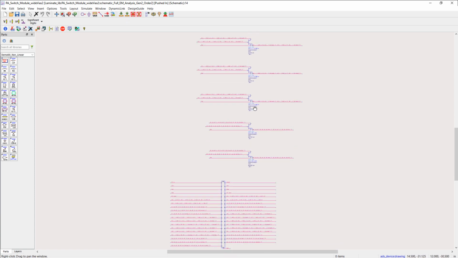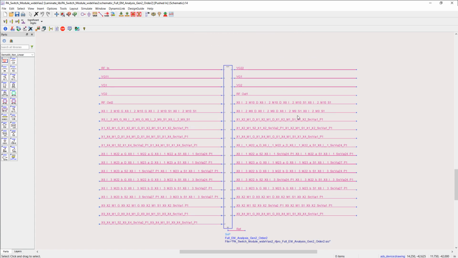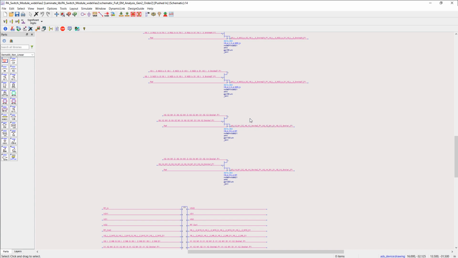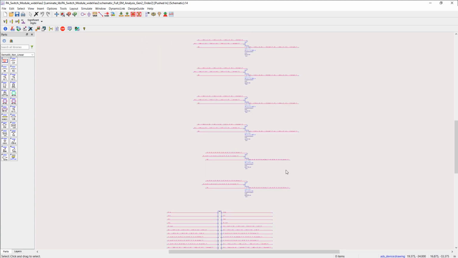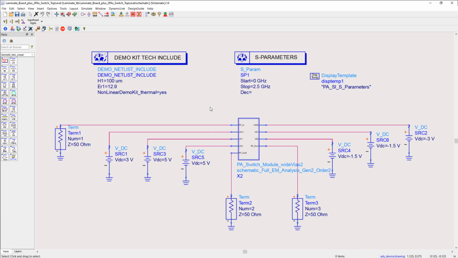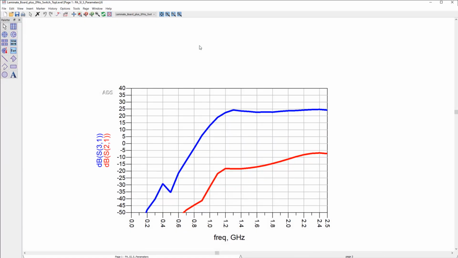It has the complete S parameter matrix along with all the FET devices automatically connected, so there is no chance for any manual connection errors. Okay, so let's simulate this and see the response. And here is the response of the PA switch laminate level results. S31 is blue on top with S21 on the bottom. It's the isolation.